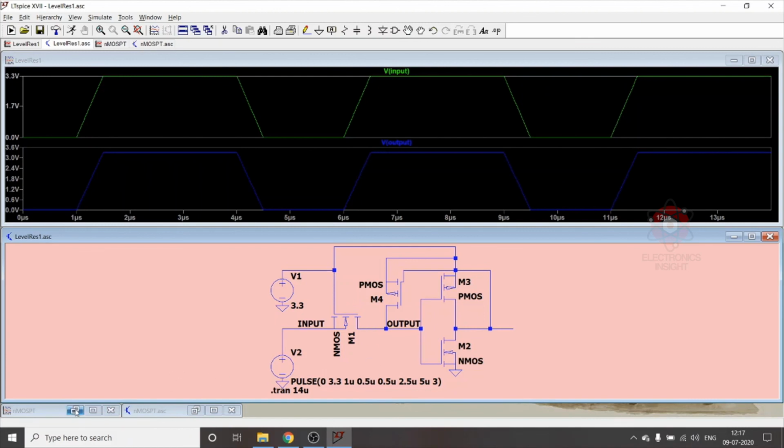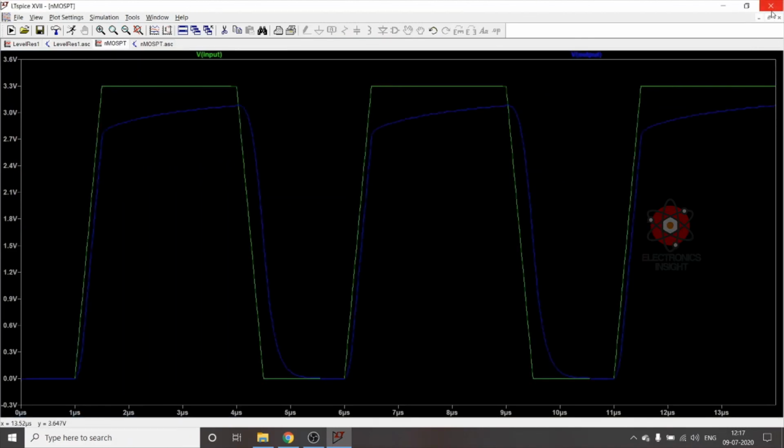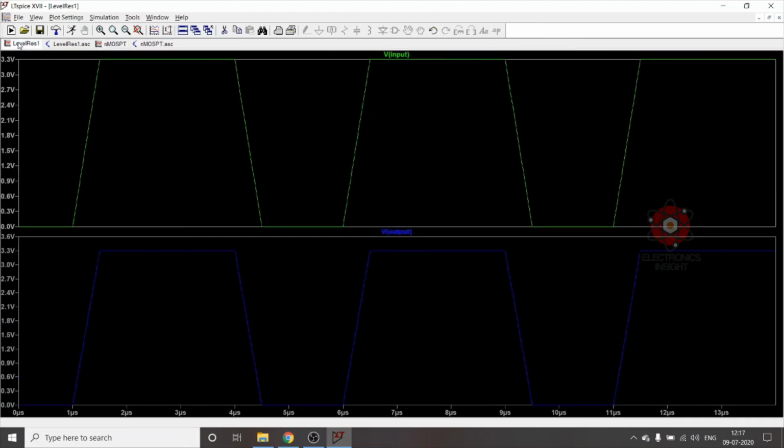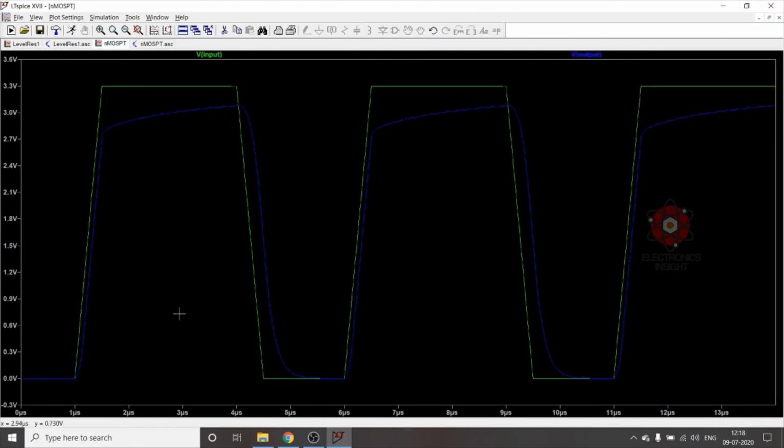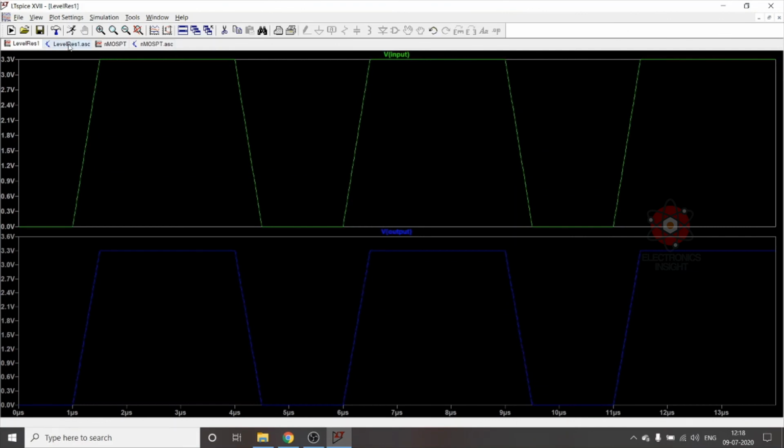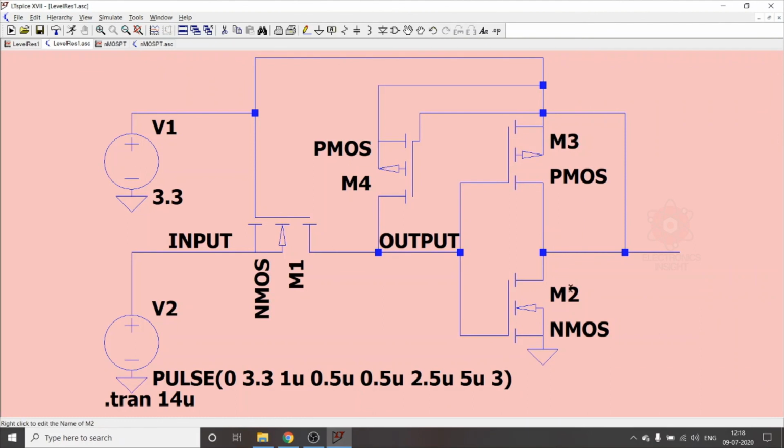Now we can even compare this. This is the other waveform that we got, and this one is the new waveform that we have got. Here it has been completely restored. Even if I merge both of these, it will appear as the same replica, which is why I've split these plot windows. And in the previous case, where we simulated only the NMOS pass transistor, we can see the signal drop problem. This signal degradation has been restored using this circuit. So the final circuit that we have used is this one. Using this CMOS inverter and PMOS pass transistor, the signal degradation of the NMOS pass transistor has been completely restored.